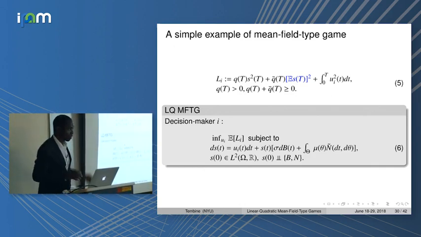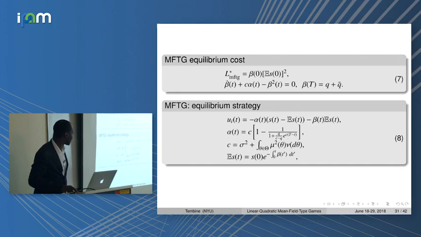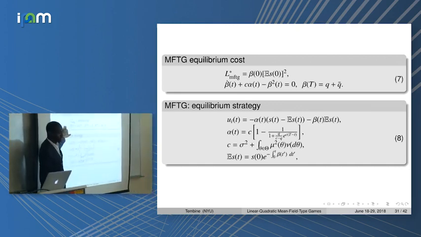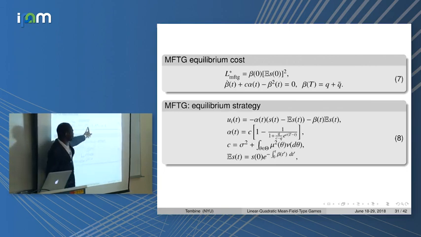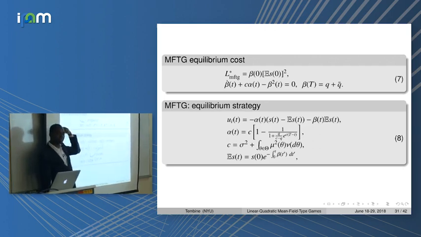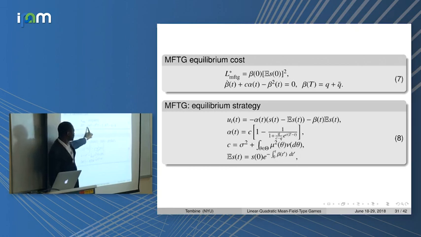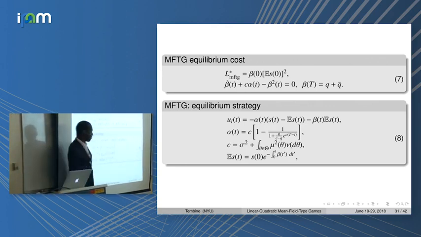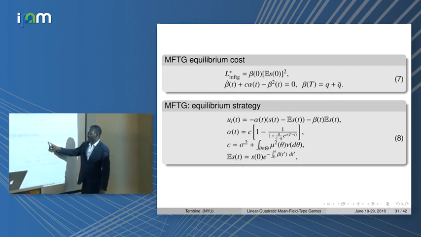This is a very simple problem. The mean-field type game solution, the Nash equilibrium solution, its cost is here. The beta that is here solves this ODE. The alpha is the same that was appearing in the mean-field game, the same alpha. C is exactly the same as before. C is here. Alpha is here. Okay? And the optimal control now is modified.